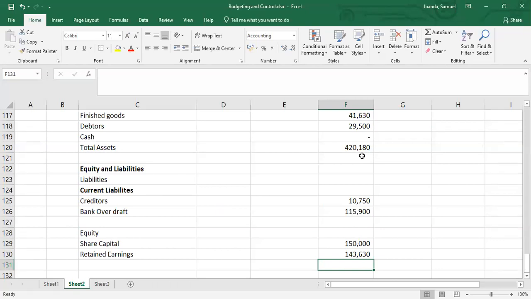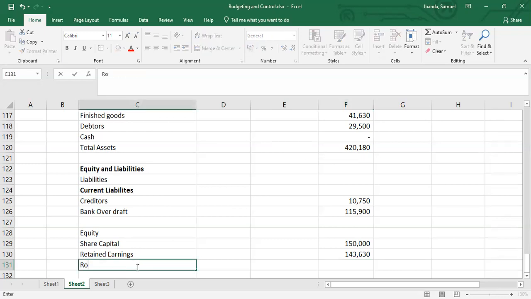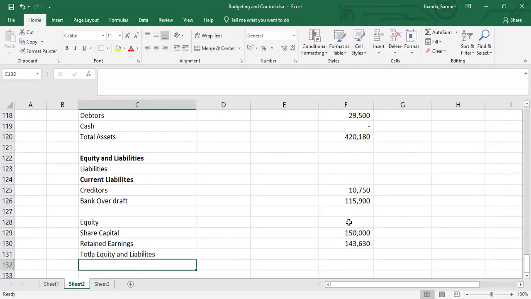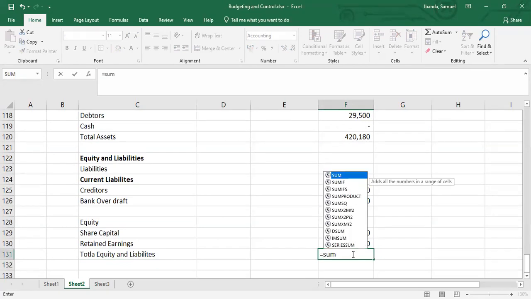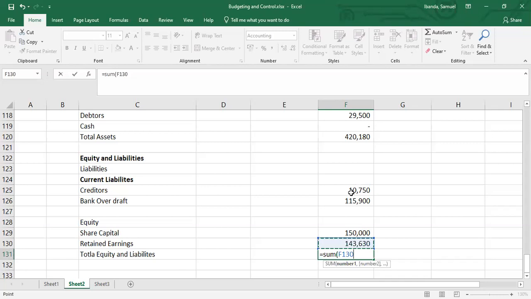Which gives us 143,630, okay? Now we shall have our total equity and liabilities. This will just add all this to give us